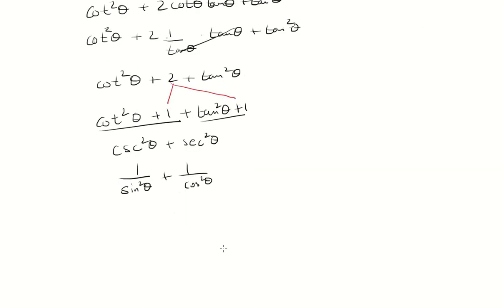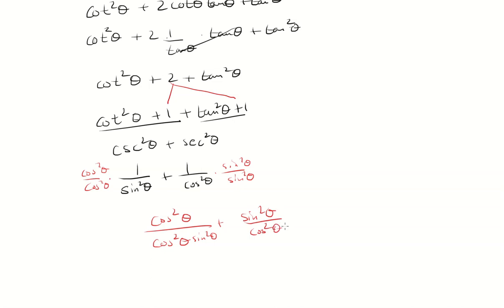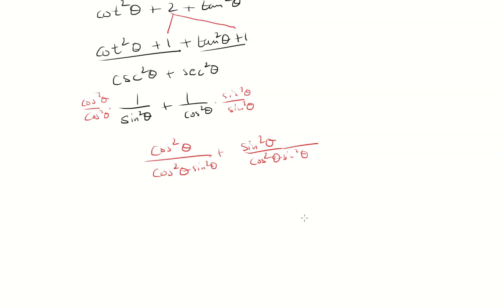I can get a common denominator, so multiply this by cosine squared over cosine squared, this by sine squared over sine squared. So you have cosine squared over cosine squared sine squared plus sine squared over cosine squared sine squared. And now they have the same denominator, so I can add the numerators. Cosine squared plus sine squared is 1. And this is 1 over cosine squared sine squared,